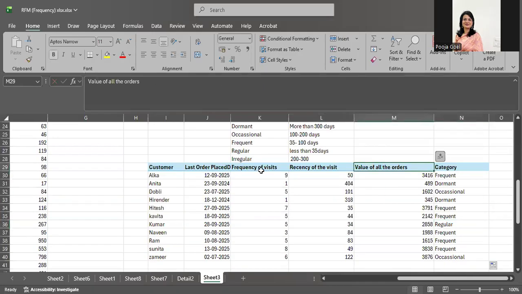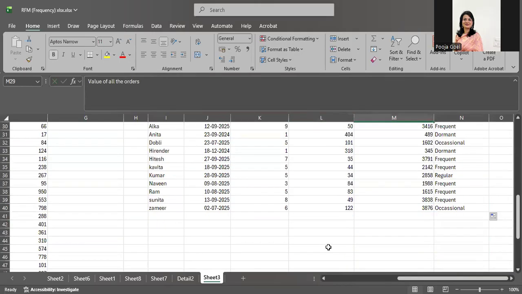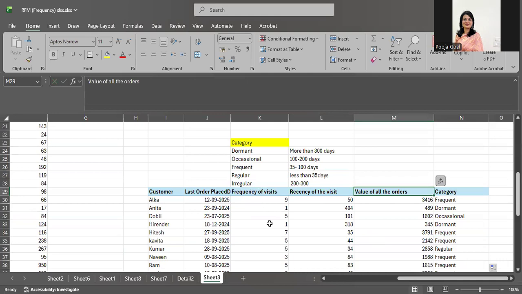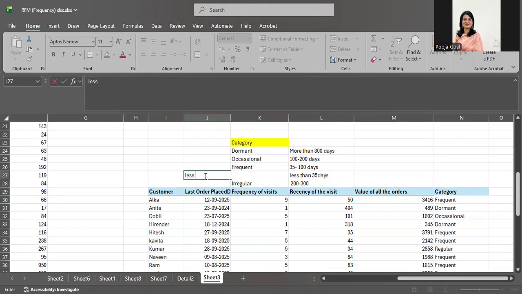So now this is the frequency, this is the recency, and this is the value, and then you have put the category also. In a similar way you can make the category for the frequency also. For example, I'm making a category for a person who is making visits.